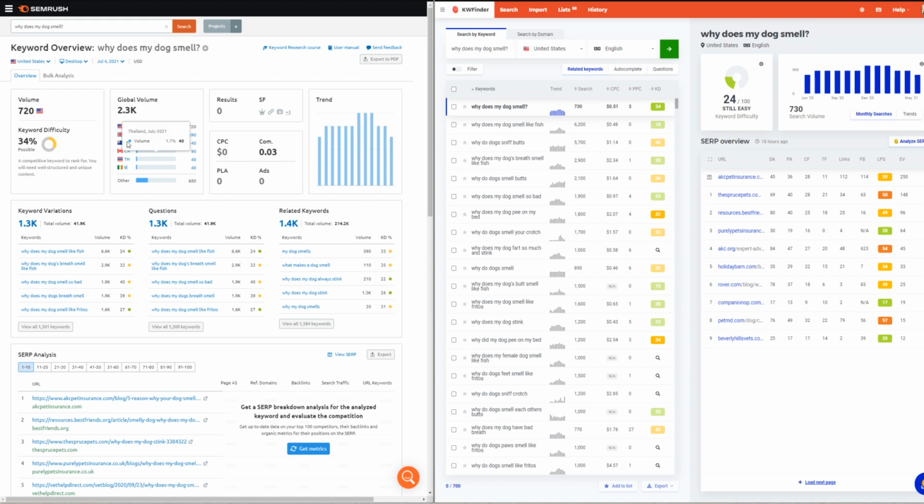And then over here on SemRush, it's saying it's 34%. So a competitive keyword to rank for, you'll need well structured and unique content. So it's again very close. Now 34 against 24. Now when I see that all of these are on point and we only have one under 20, yeah,